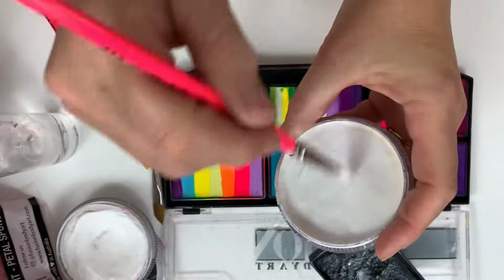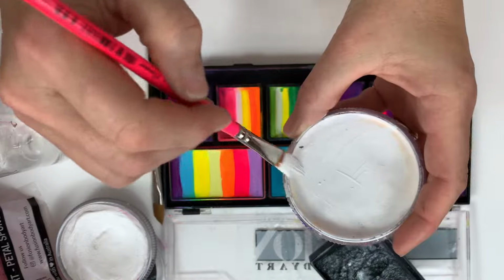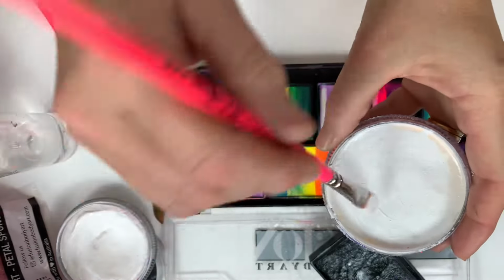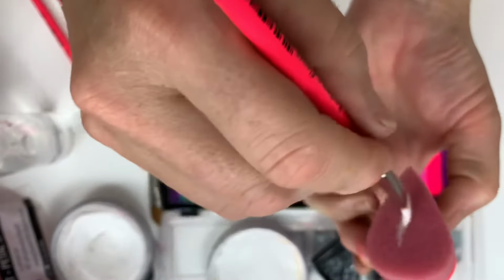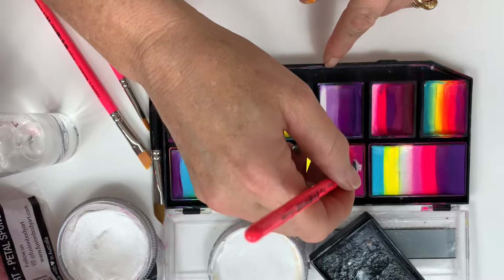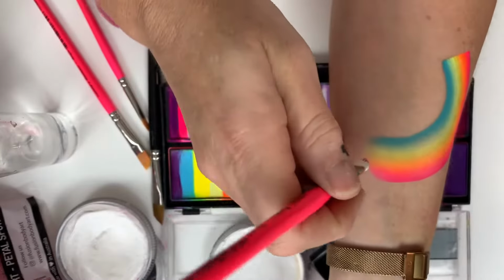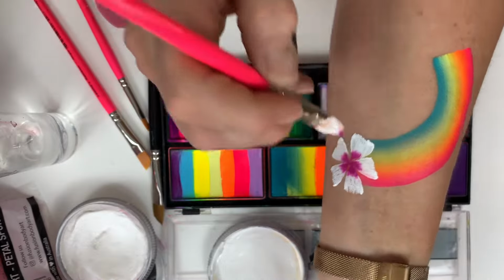This is my line work paint, my Pro Paraffin White. Either the Paraffin White or the Pro Paraffin White are absolutely beautiful for line work. So I'm just loading that, and I want to just wipe a little bit off, just on the sides like that. Then I take my sponge, take a little bit off there, and I'm just going to go into that cake because it's still wet, and I can load the very end of it. You can see that's called a double dip flower. And then it's a matter of simply placing it down like this,